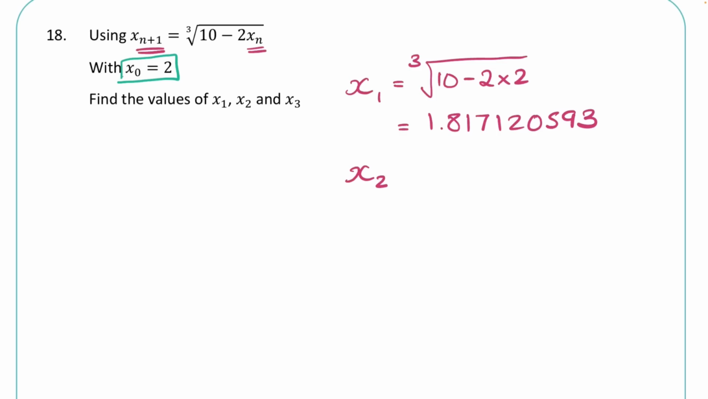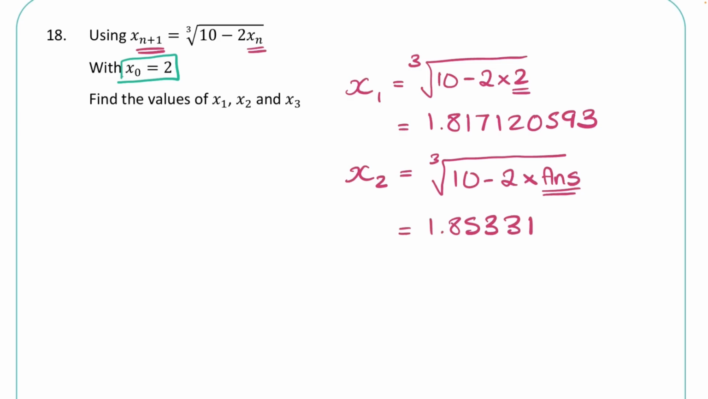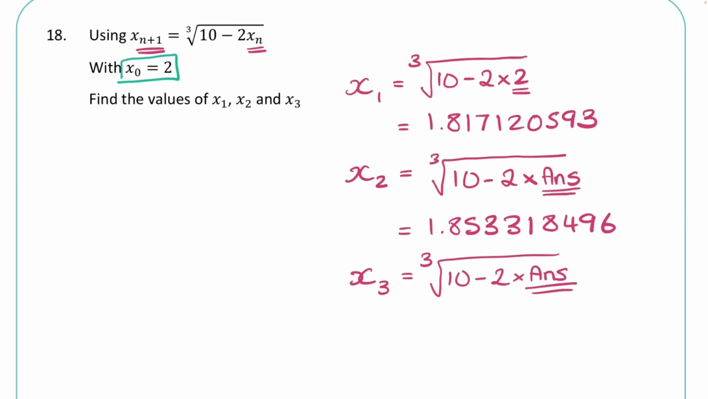For x_2, we're going to take a little bit of a shortcut. So we've got the cube root of 10 take away 2 times our current number, which is now that big long decimal. So I'm just going to put my answer button in so that I don't have to keep typing this. So I've just gone into my calculator, deleted this 2 at the end, and changed it for my answer button. I can now just press equals, and I get 1.853318496. And the really nice thing now, I don't even have to do anything. I just have to press the equals button again, and it's going to put that previous answer in, and I'll get my final answer for x_3, and it comes out as